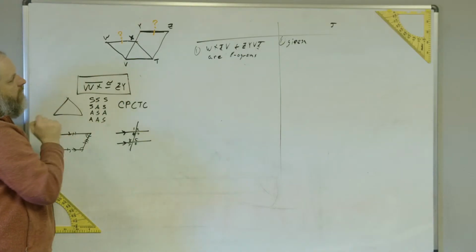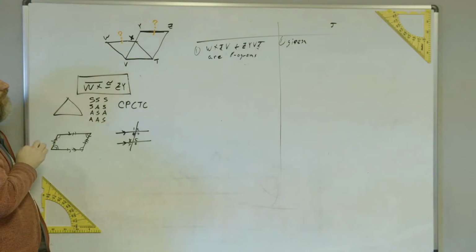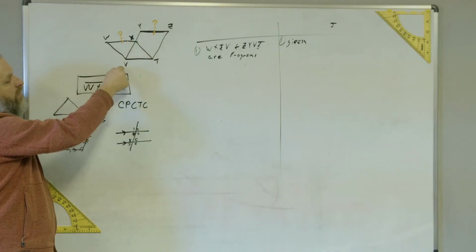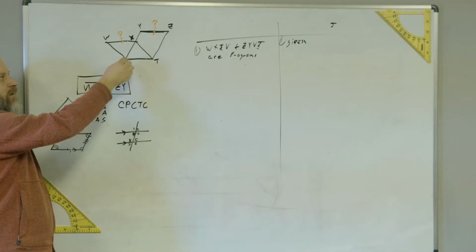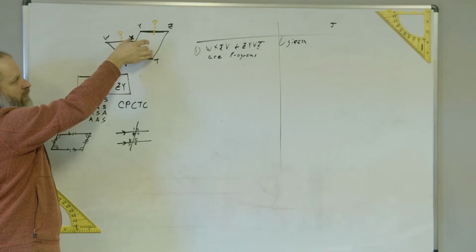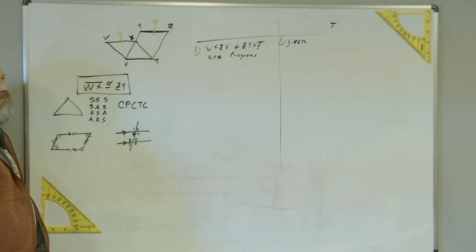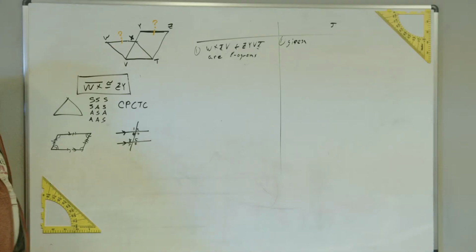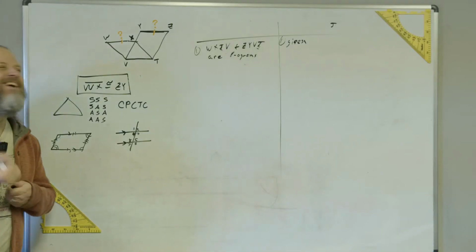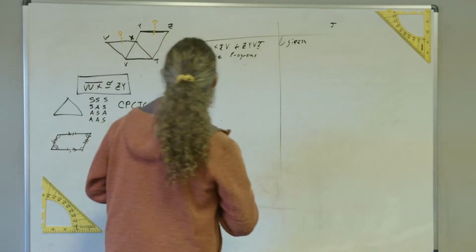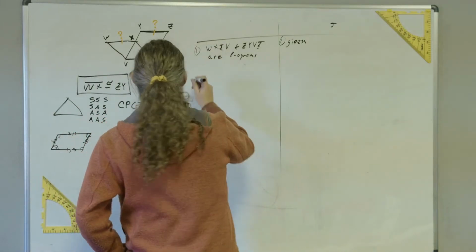WVT and TXV? No, not that one, because that's this little one. It's got to be the big one, because this is the parallelogram. Yeah, of course. It said TXW. Oh, okay. Well, I can't hear you. Get the mush out of your mouth. Okay, so